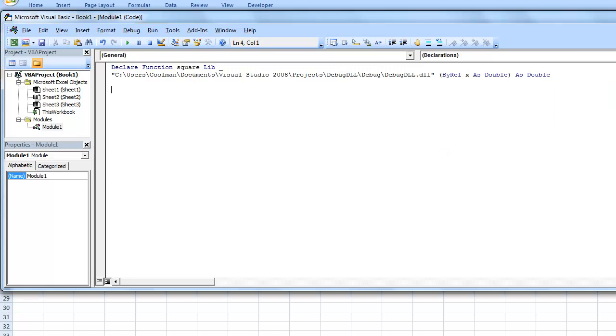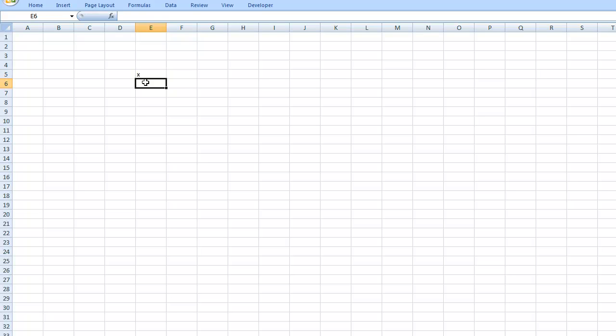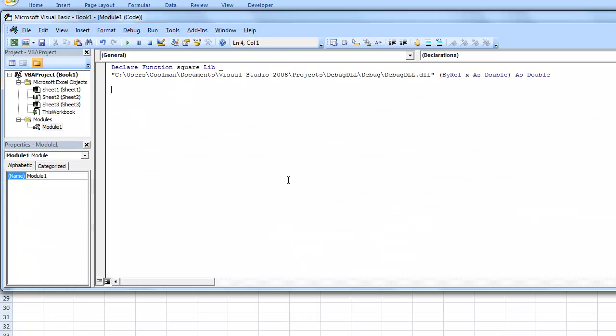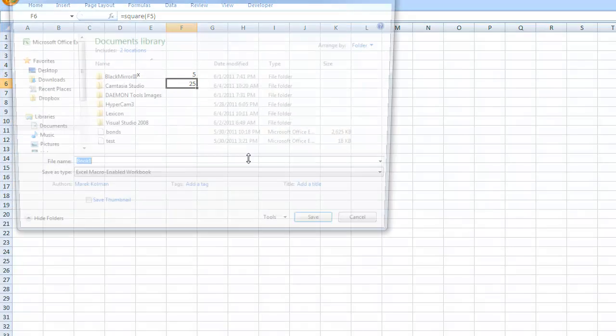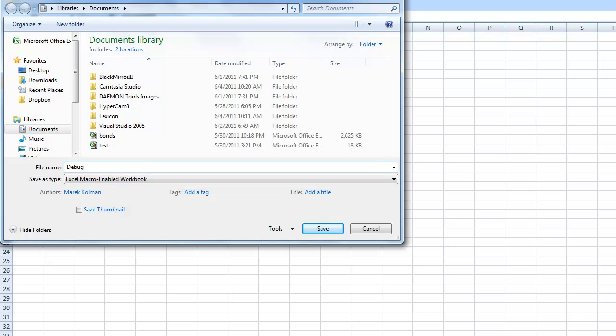Okay, so firstly let's test this function to see if it really works. So x will be, for instance, 5, and x squared should be 25. Okay, so square, it works, that's fine. And now we are going to debug the DLL. Assume that we really have some values and the program is not behaving as we would expect, and now we would like to go through the code and see what the VBA function here passes to the DLL. Okay, so firstly save this Excel file somewhere. I will save it here, debug test. Okay,